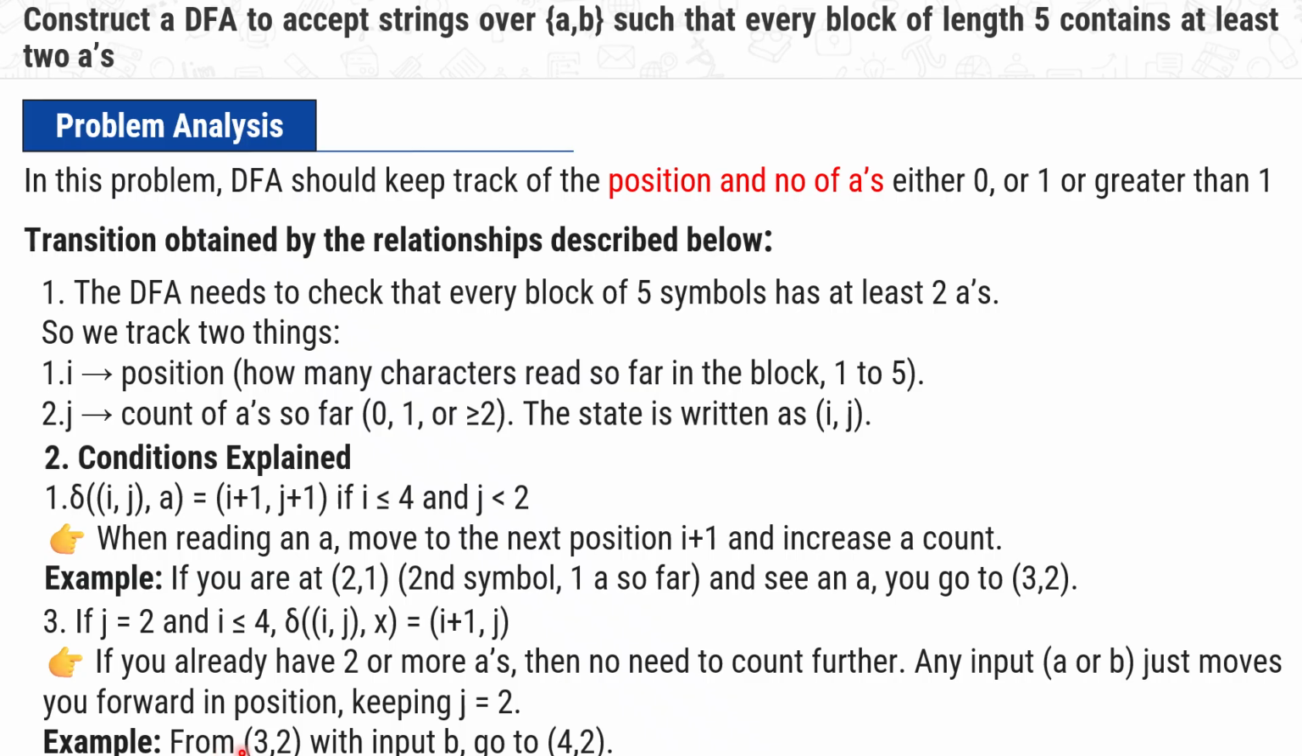That example is like that. (3,2) is a state. With input B, just move on to the state (4,2). So there is a third point you need to remember. Just move on to the next